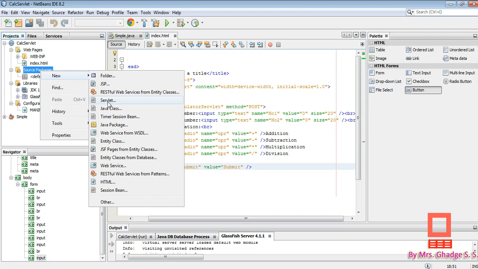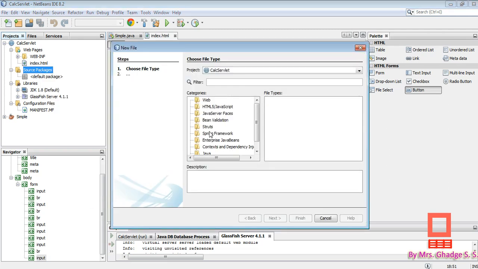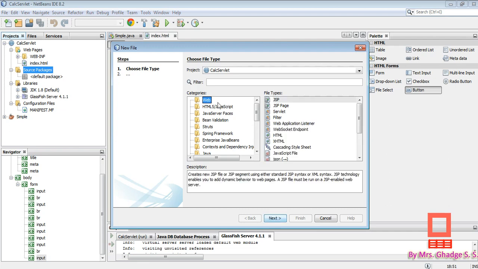Okay, if you do not find here the option servlet, then click on other, and here you can select web option, and at the right side under file types you select servlet option and click on next. It is by default stored in the calc servlet project. Click on